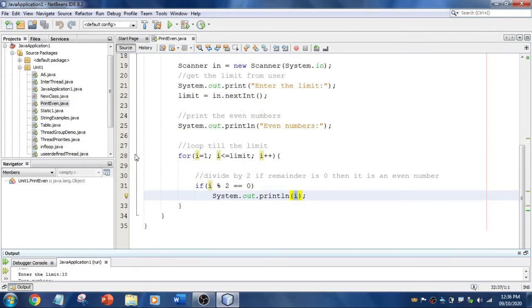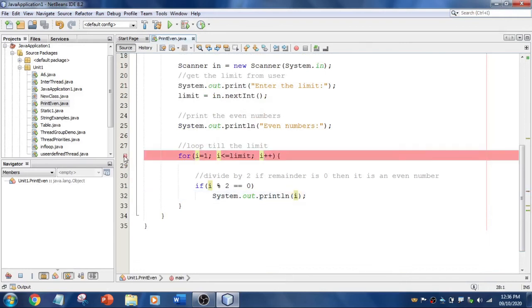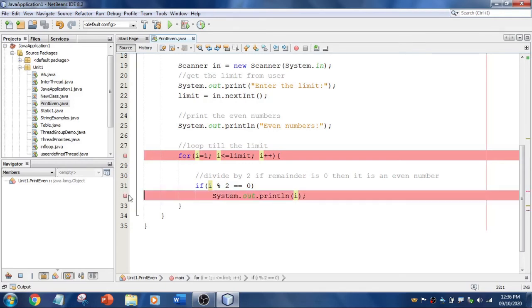If you want to set a breakpoint, you can set a breakpoint anywhere. Over here, if I want to set one, you need to click on the number 28. And if you want to set multiple breakpoints, you just click on 32 like this, so that you can set multiple breakpoints. As of now, I'm going to deal with a single breakpoint.